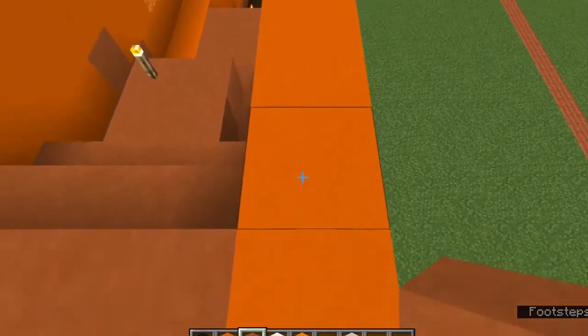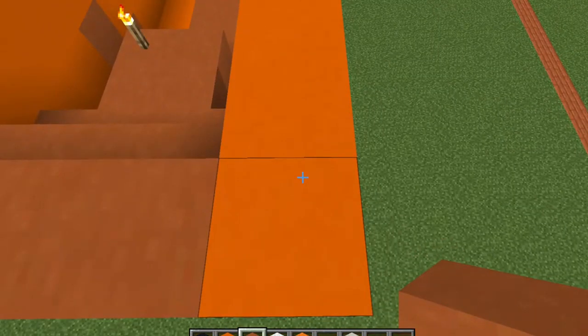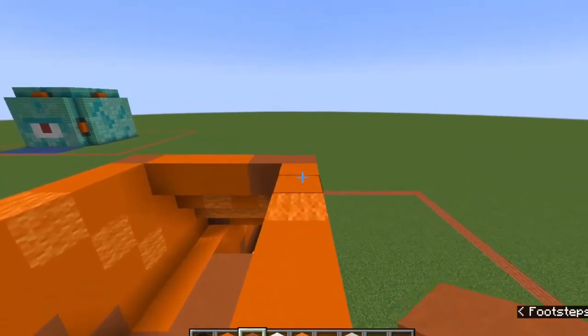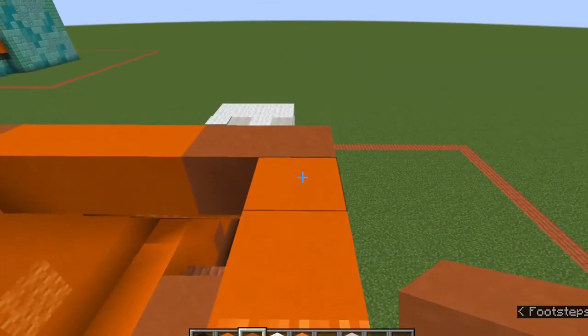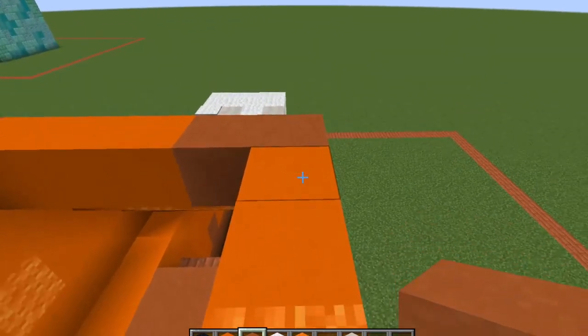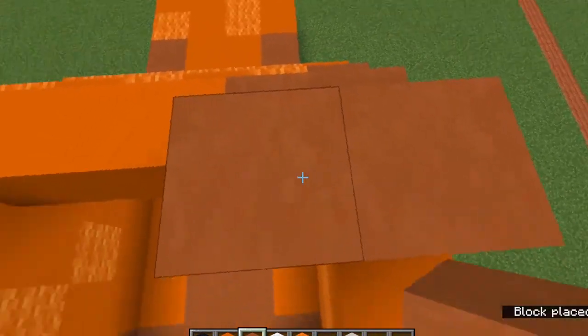Okay, so for layer 9, we're actually not going to start in this corner as we have previously. We're going to start in the back corner because we're going to start working on the snout of the fox, and I find it's easier if we kind of anchor ourselves from the back and work our way forward, if you will. So we're going to skip this orange terracotta there, and we're going to put a piece of orange terracotta here, and then 1 more this way,